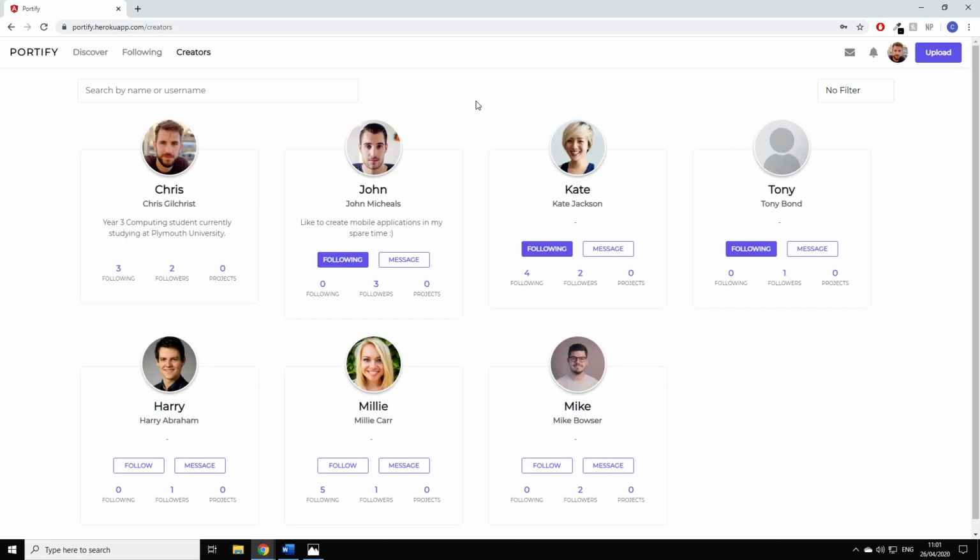And so the next page on the application is the creators page, and this is a view of all the creators or students or users, whatever you want to call them, on the application. You have some filtering which allows you to search by the name or username of the user. So if you wanted to find someone in particular, we have statistics, bio, name, username,